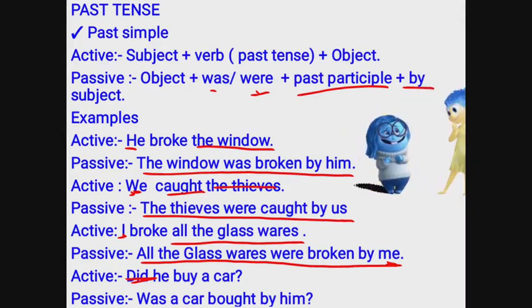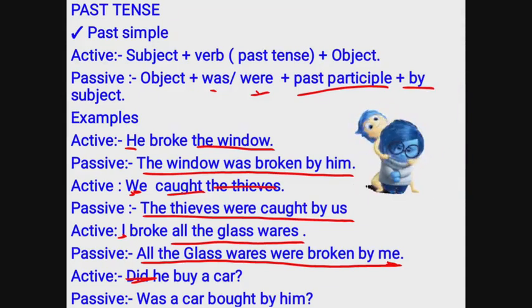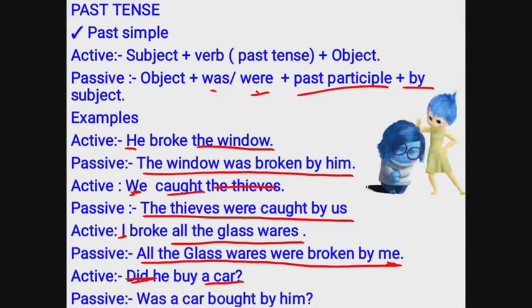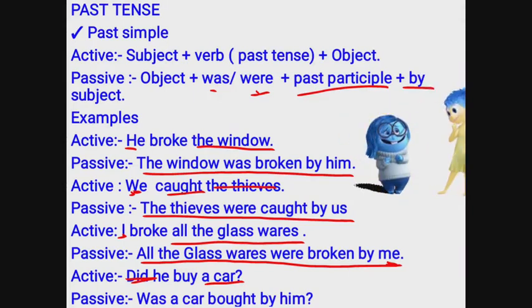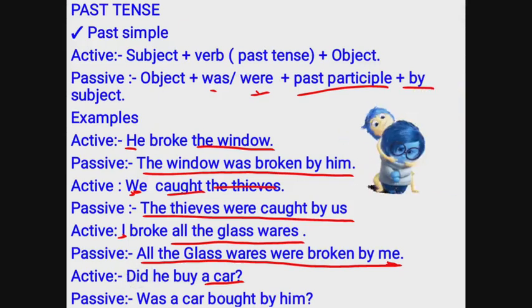How do we change this? We're also going to start our passive voice sentence with what? An auxiliary verb. Now let's look at the nouns here. The he is a subject, while a car is the what? Object. So take note, our car will come, but before the car comes, since this sentence is starting with an auxiliary verb, now